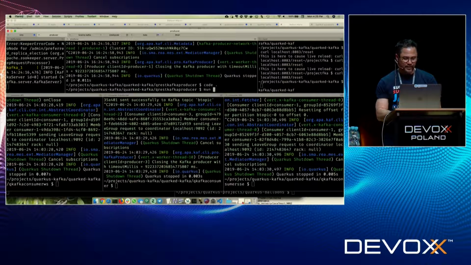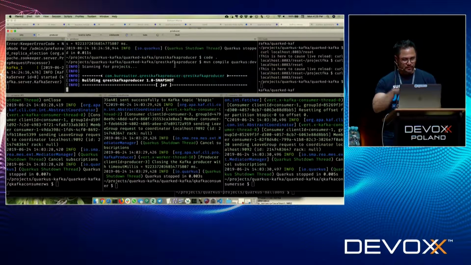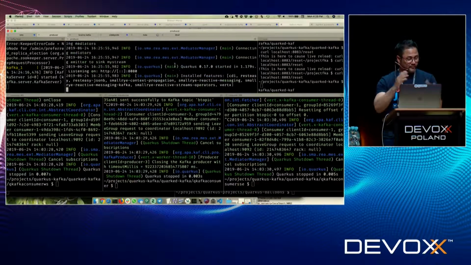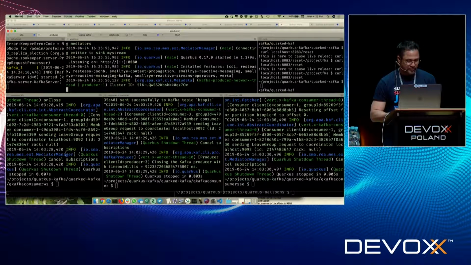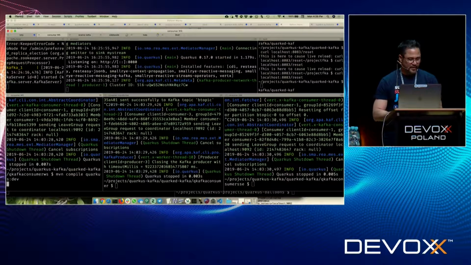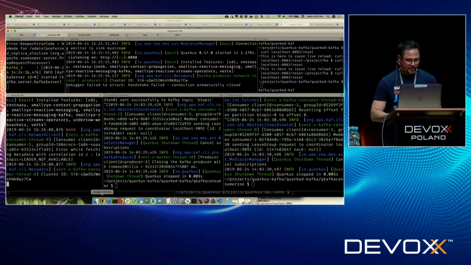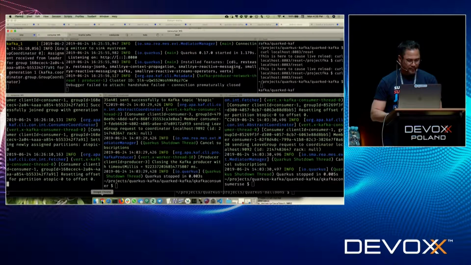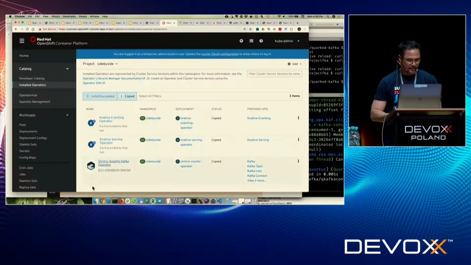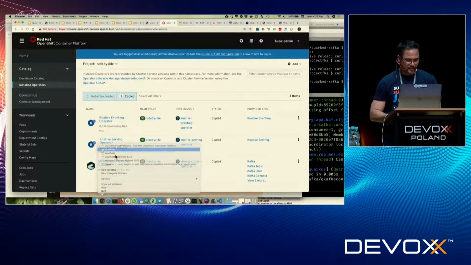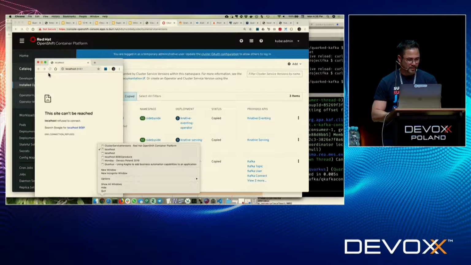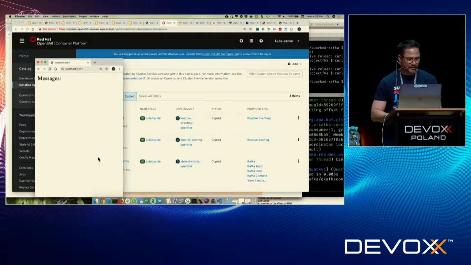So let's go ahead and bring that up right here. And I'm bringing it up, again, in dev mode, so I can live code against this one if I wanted to, make changes to it. But let me also bring up my consumer. All right, compile, Quarkus dev. And let's bring up my consumer, one of my consumers. This is just a WebSocket consumer. There we go. You can see it connecting to the Kafka right there. Let's go here. And I think it's this window. Get connected. There we go.